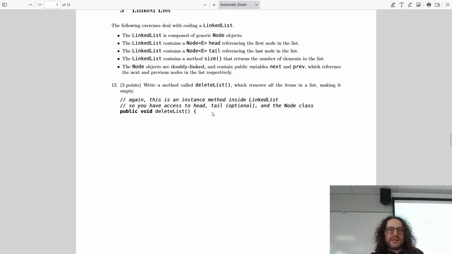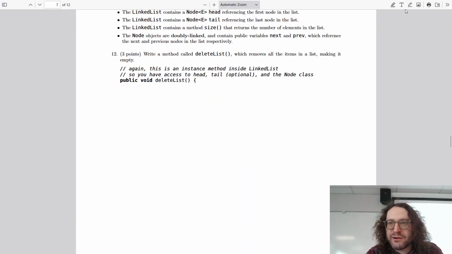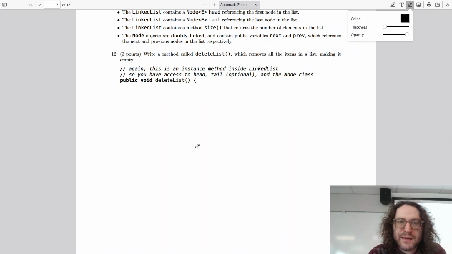All right, so here we've got this linked list. Deleting a list is fairly straightforward. Let's go ahead and just draw this on here, okay? So this is kind of interesting. If it was just simply a singly linked list, all I would have to do is this, which is say